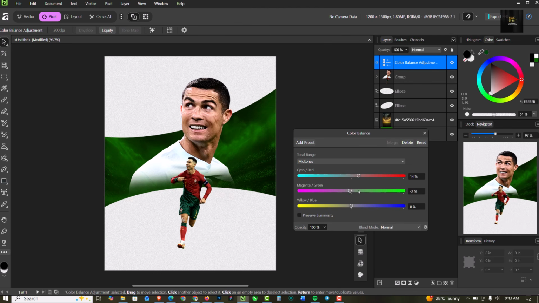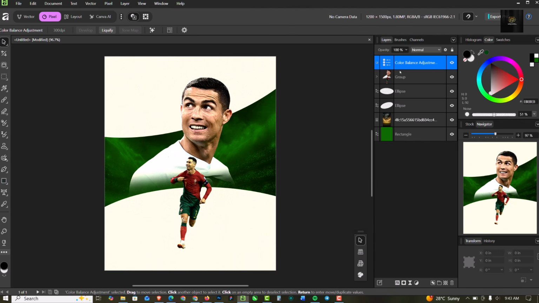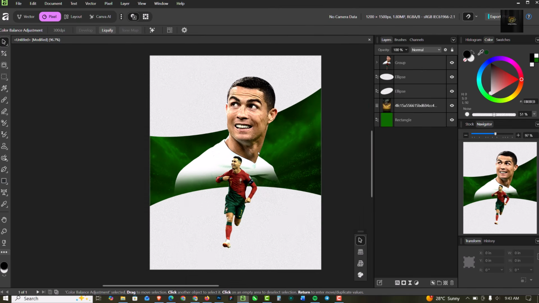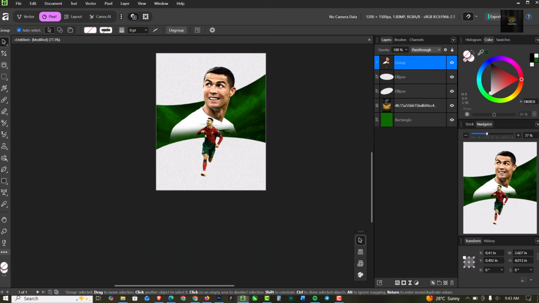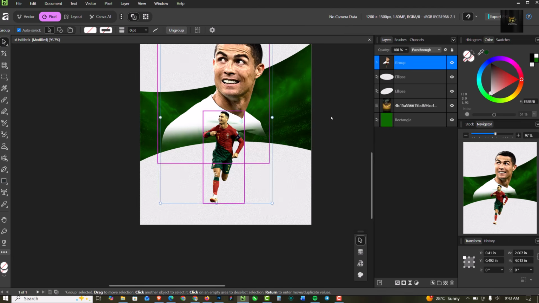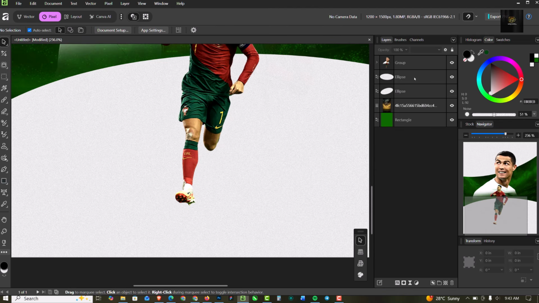Like this is the midtones, so I'm going to tilt towards the reds and the greens here. For this also, I'm tilting towards the reds. And for the shadows, I'm not going to be touching anything. So you can see. So I'm going to move this to the right, the left hand side. And the next thing I'm going to do is, you can see I'm going to move below this,